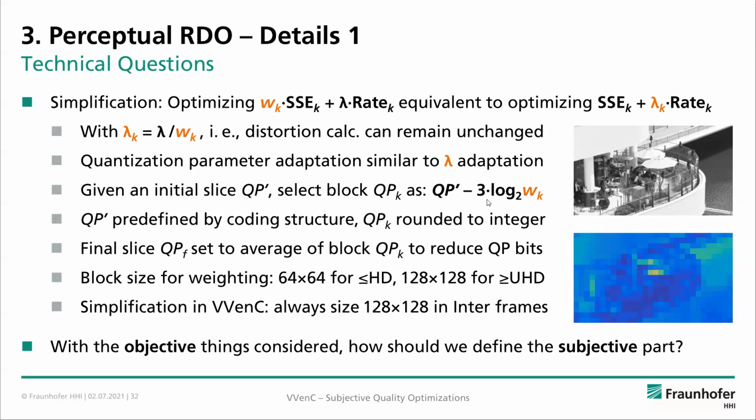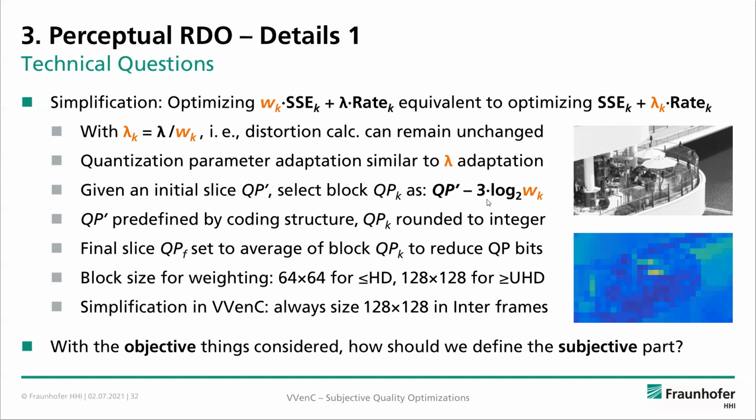We also fixed the block size for the weighting to be easily alignable with the coding block sizes in VVC. So we chose a size of 64 by 64 for HD and smaller videos, and 128 by 128 for UHD videos. We further implemented a simplification in VVenC where the